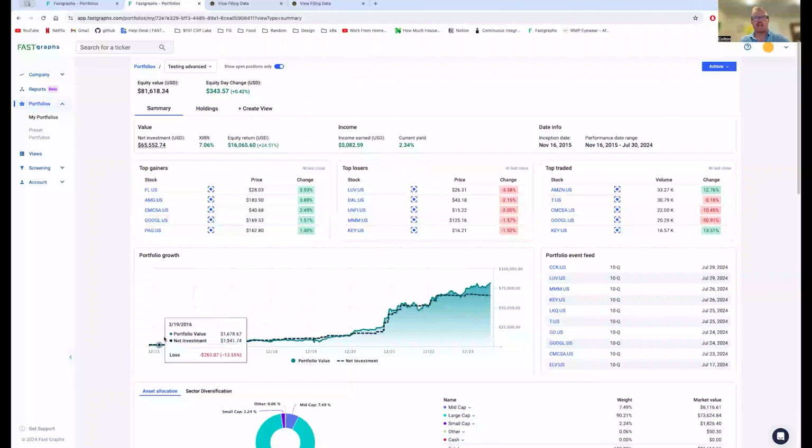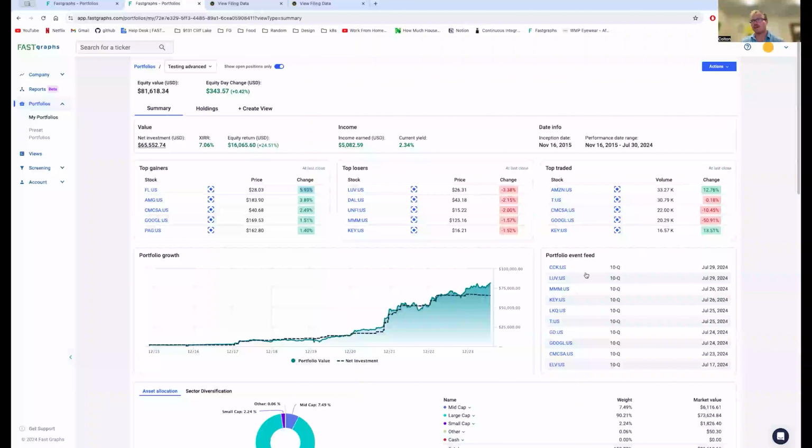But if you want more accurate tracking data, then you should put in all of your buys and sells of your portfolio, not just your open positions. But this gives me a quick summary look at my day change of my portfolio. So I can see Foot Locker and AMG and these stocks right here, they've all had good gains as of the last close. Whereas Southwest, Delta, UNFI, these companies right here, we've seen some losses,